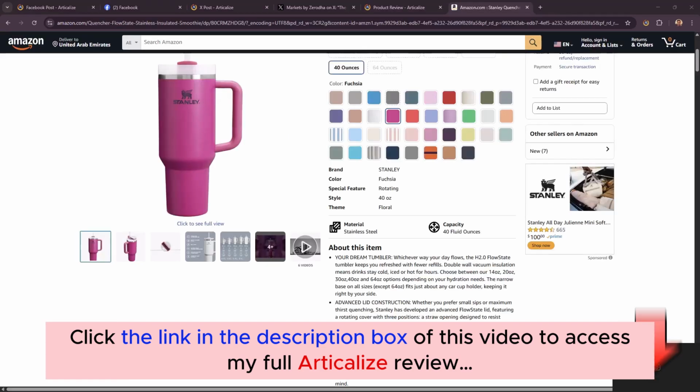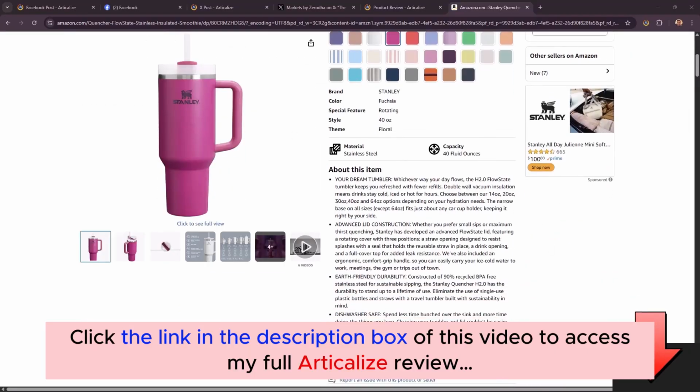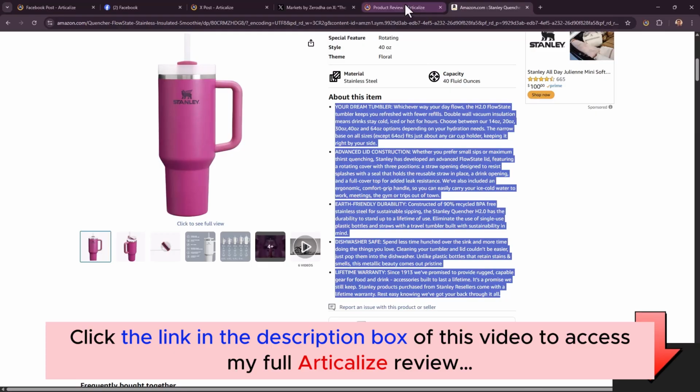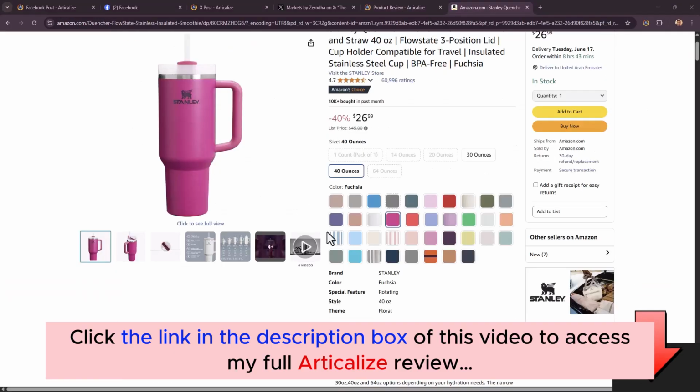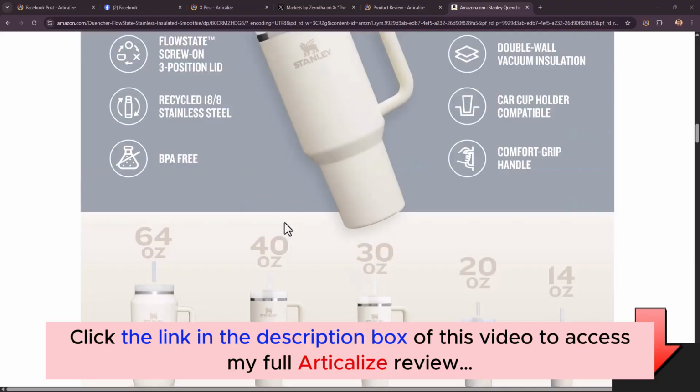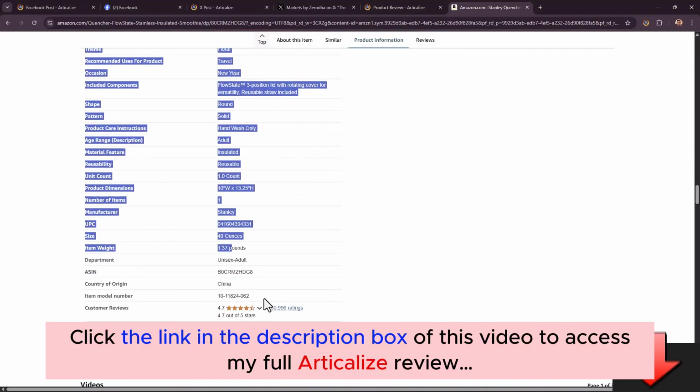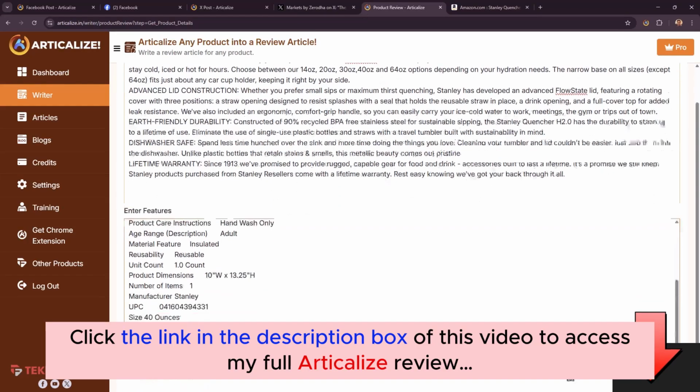So let's do that. How about this Stanley Cup, right? We'll just copy all the matter over here from here, then paste it. Next, we want the features. So we scroll down a little bit, and most ecom websites have this section where they talk about the features. We can choose as many as we want, as many as are relevant, paste them in, and then click on